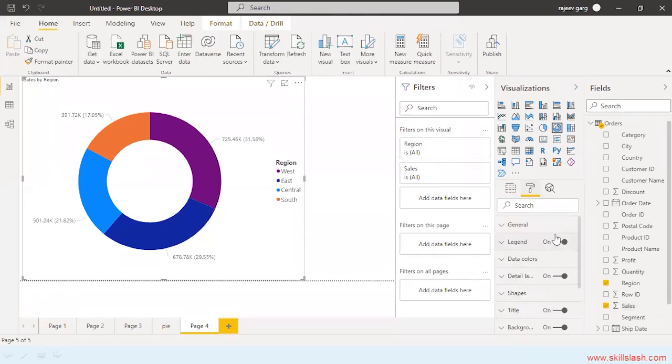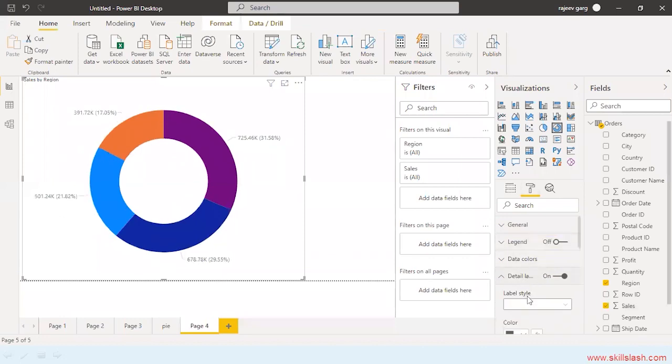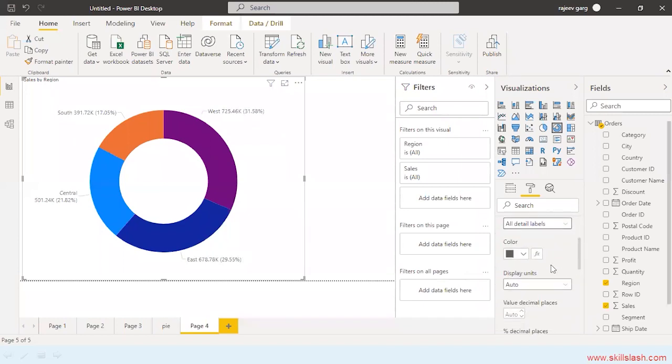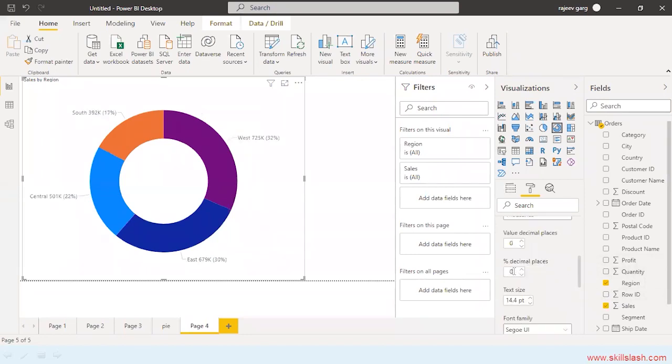I don't want the legend. I would like to give the detailed labels. And display units in thousands. And percentage decimal also 0.